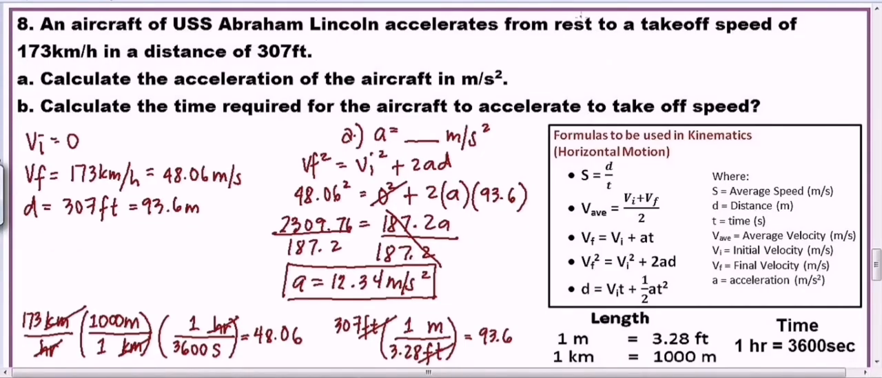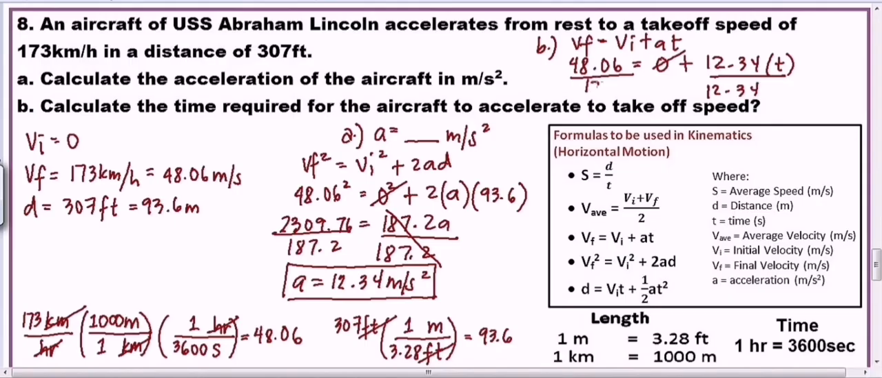Dito ko na lang lalagay. Medyo magulo na dyan. Ayan, dyan na lang. So ang gamitin is VF equals VI plus AT. So VF is 48.06 equals 0 plus A, which is 12.34, times time. Okay, so 0. Divide both sides by 12.34 to get the time. So canceled. So time is